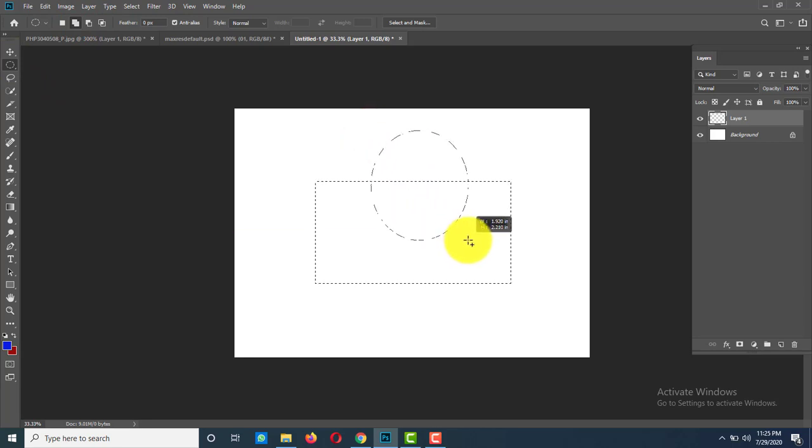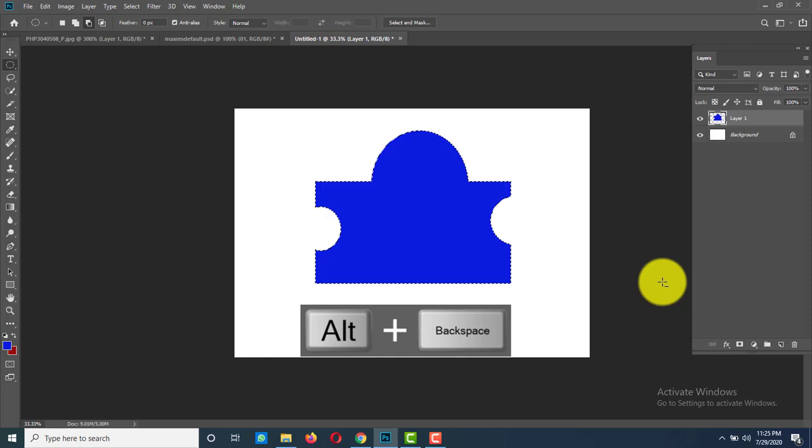It adds the selection of elliptical shape. If you want to subtract, just select subtract option and draw here. So with this you can use the combination of four tools also.